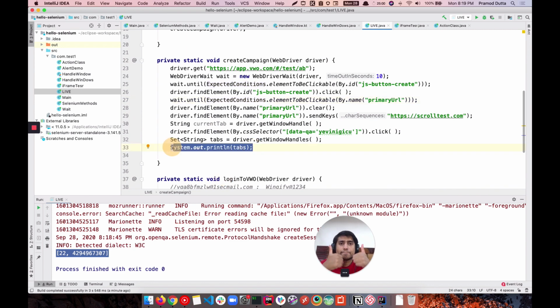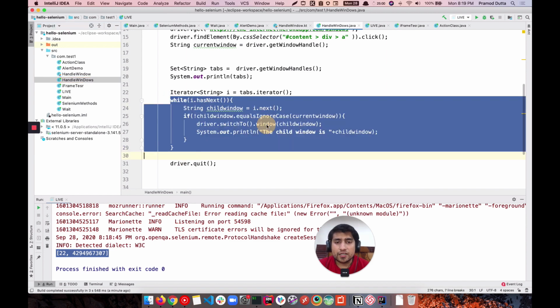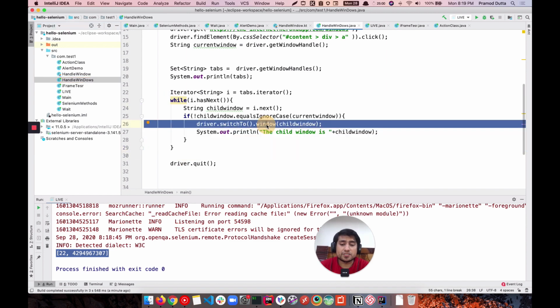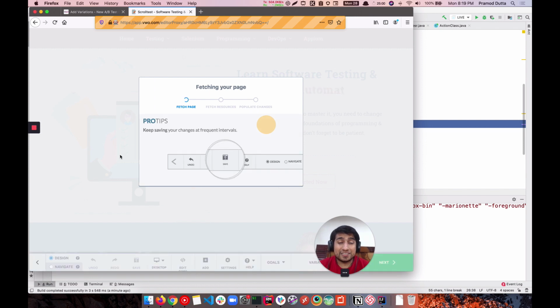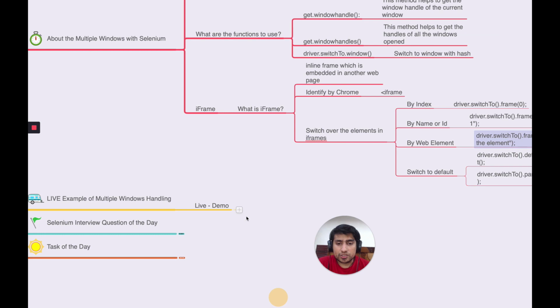Make sense? Awesome. So now you can use the same method that we have discussed, which is handle windows, where it is here. Use the iterator method to switch to the child window. So if you want a set, do it, right? And why it is important: after switching, you can play around with these functions, right? That is what you wanted to do, right? This is a live project, right? So you can try out this example. I'll highly recommend it. And if you are facing any kind of issue, let me know in the comments. I'll be happy to help you. I have automated this app many times. So yeah, awesome guys.